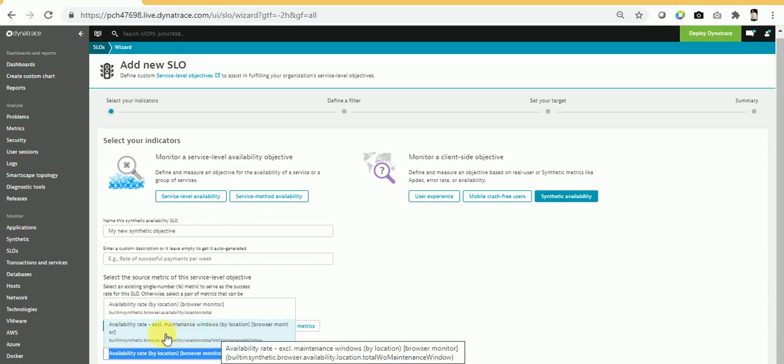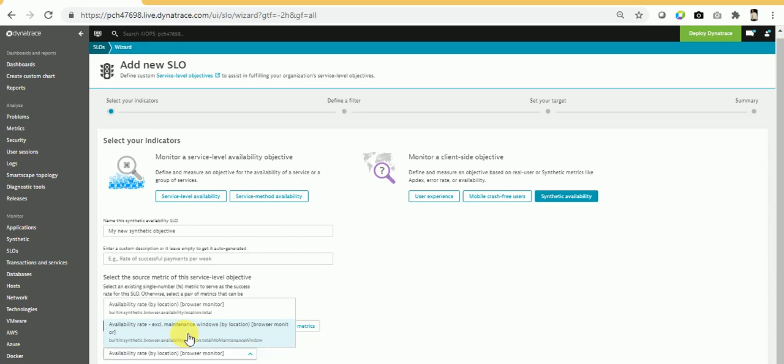This is the good one, by excluding maintenance. Suppose you have some planned activity in your application and you have shut down your application for 4 to 5 hours. It is a good idea to exclude that time frame from the availability calculation.